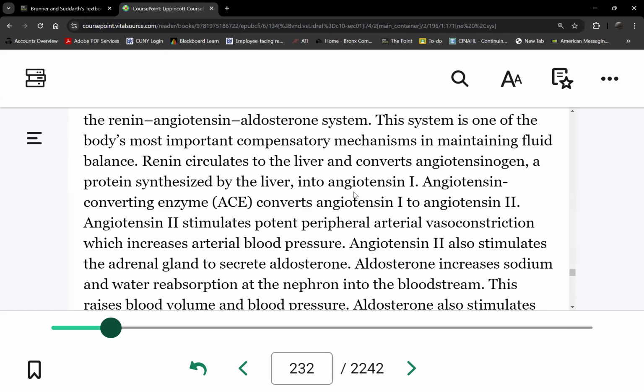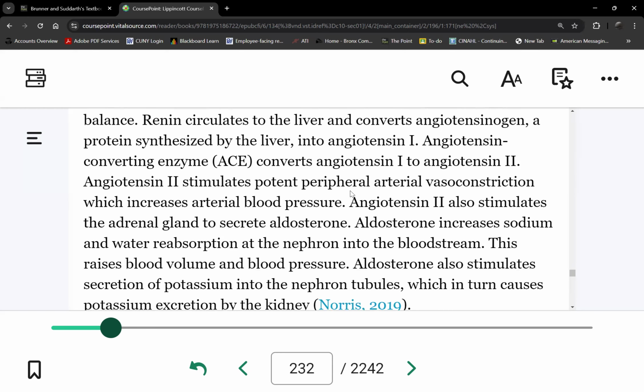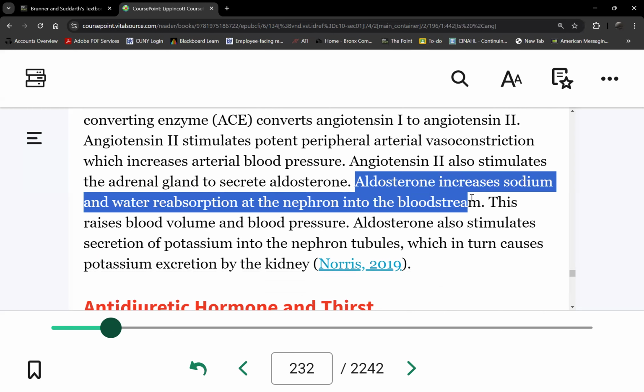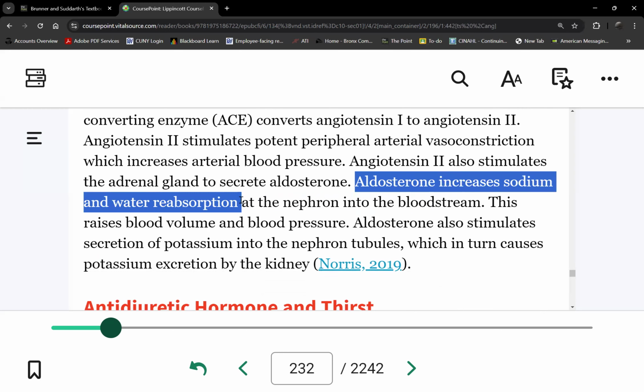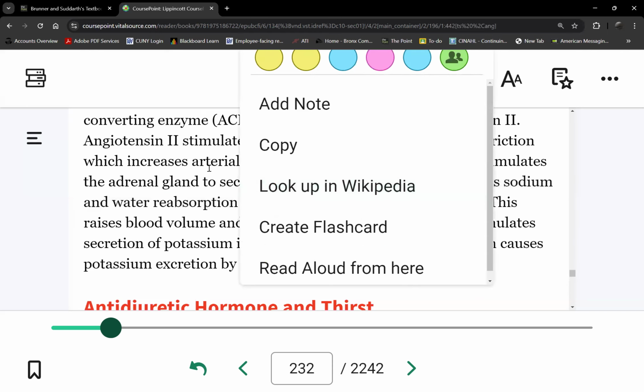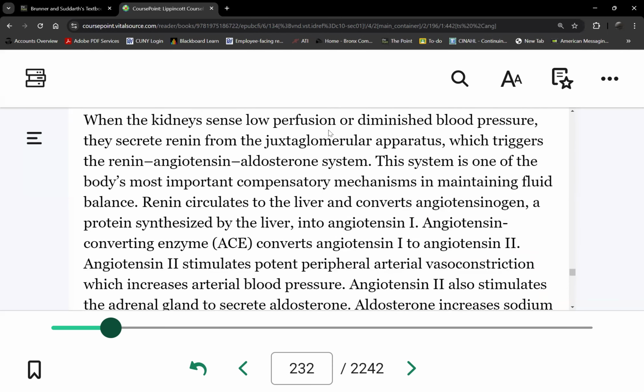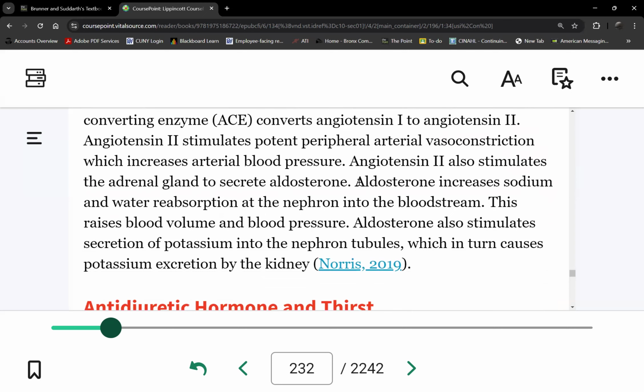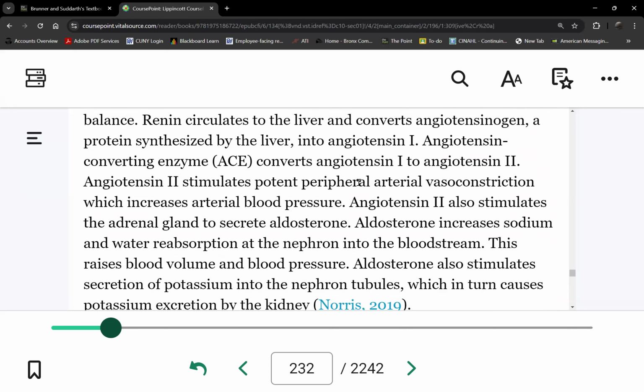Aldosterone comes from what organ? Adrenal glands, which are sitting on top of each kidney. So the adrenal glands will release aldosterone. And what is the purpose of aldosterone? It increases sodium and water reabsorption. So will it also eliminate the trigger? Yes, same trigger here: low blood pressure, low blood volume, low oxygen, low sodium, eliminated by aldosterone. So you have two systems here, vasoconstriction and sodium and water reabsorption, leading to elimination of the